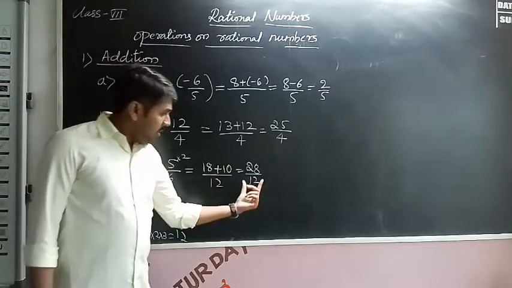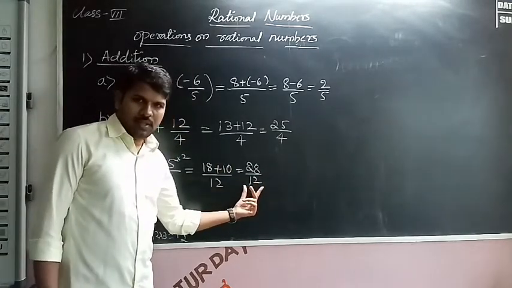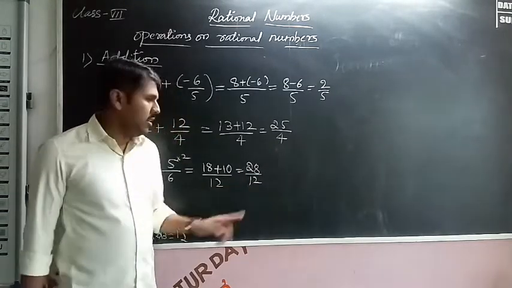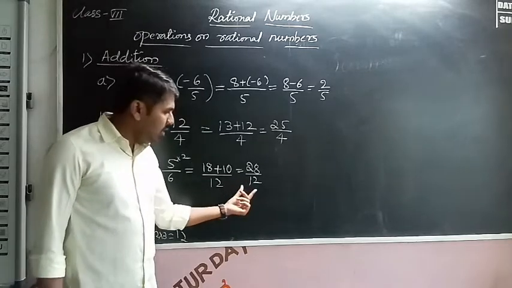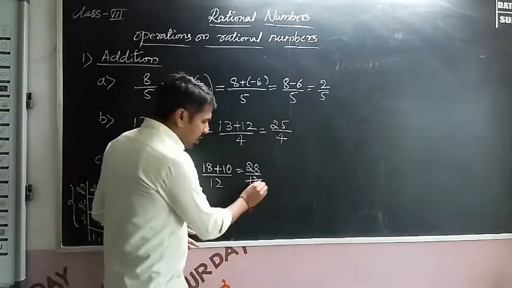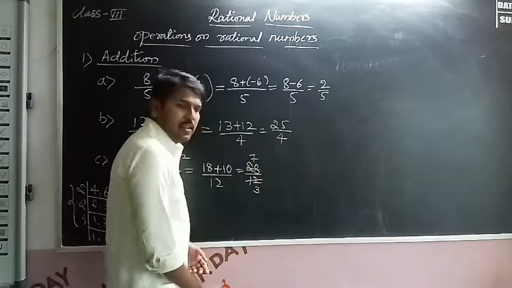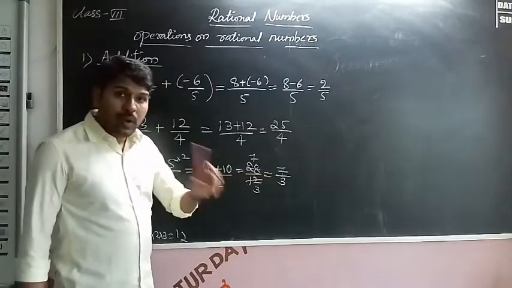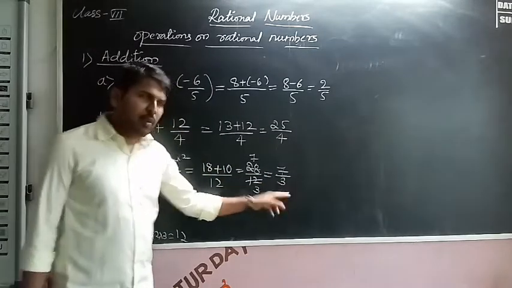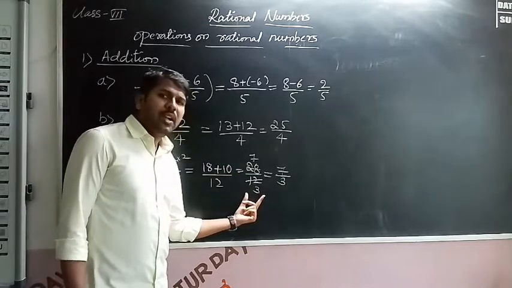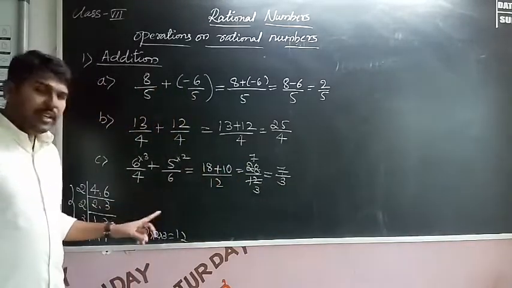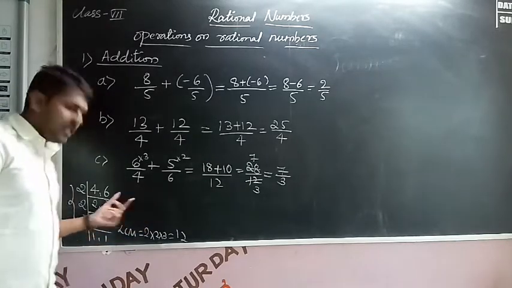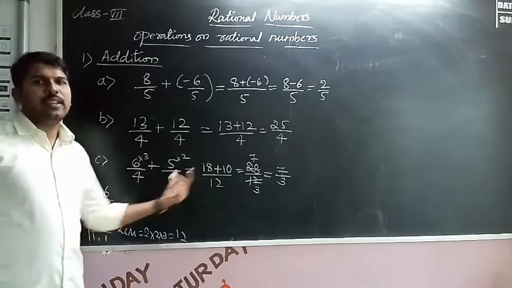So write this in standard form. Standard form means the only common factor between numerator and denominator is 1. Here common factors are there, so try 4: 4 3s are 12, 4 7s are 28. What will we get as the final answer? 7 by 3. Here only 1 is the common factor. That means this is the standard form of 28 by 12, 7 by 3. So how to add? If denominators are different, just make the denominators same by taking the LCM of the two numbers. We will get the answer.